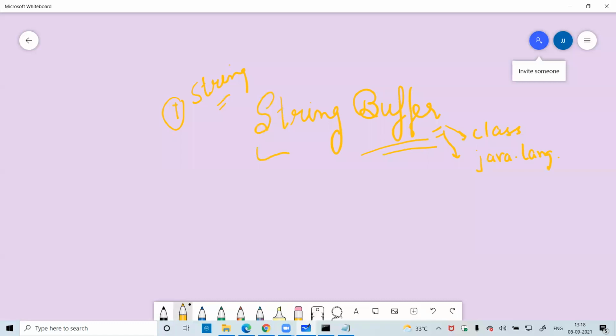Now this StringBuffer is used to create a mutable string. The main disadvantage of the String class is that we can't make any addition within a string. Whenever we try to make any addition within the string, it will allocate new memory.